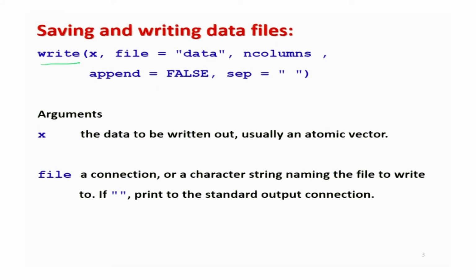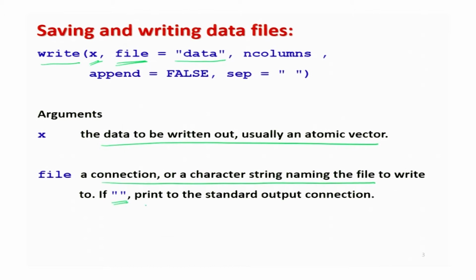So for example, here X is the data which is to be written, usually an atomic vector, and after this I have to give here the name of the file. So I write down here FILE all in lowercase alphabet, and is equal to, within double quotes you have to give the name of the file, right. So this file is indicating a connection or a character string naming the file to write to, right. And if you use empty double quotes, the print to the standard output connection is done. And similarly, if you want to control how many columns should be there in the outcome, you can do that by the option